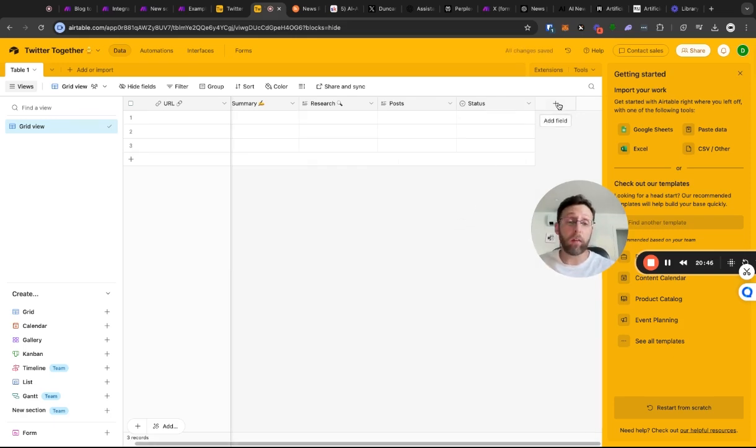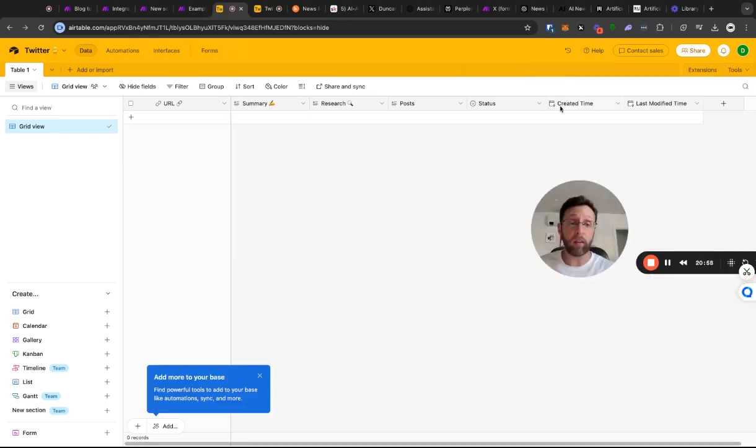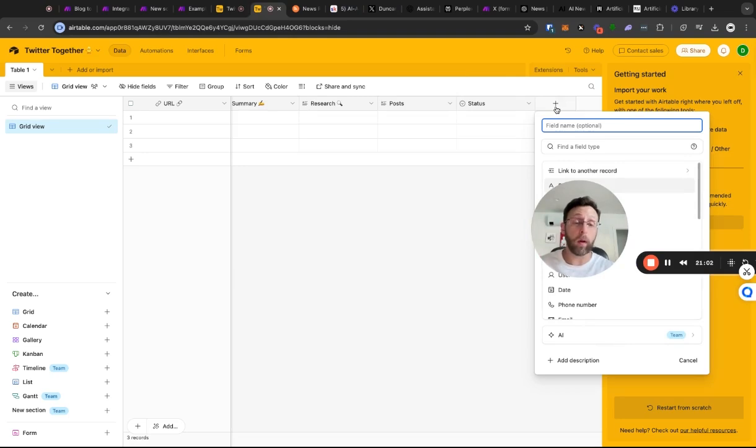Now, the last two fields that you're going to need are actually really important. This is what's going to allow us to read from this table and get the most recent posts that we've created in here. And this is what's going to allow us to schedule things. So we want to make sure that we have these last two, created time and last modified time. This is really important when we hook up the Airtable API. So if we go into created time,